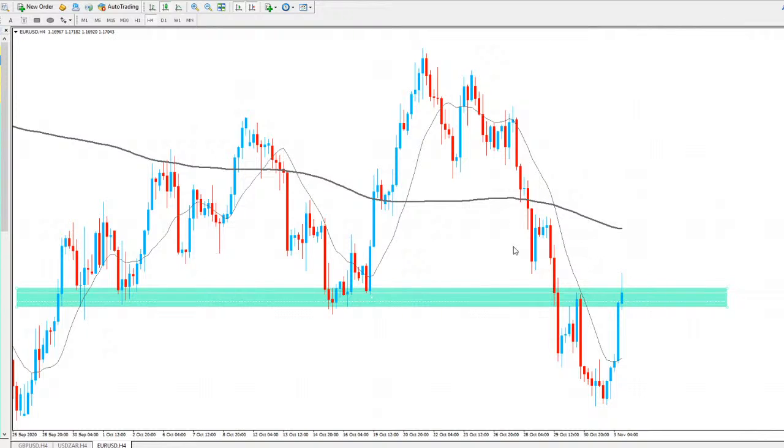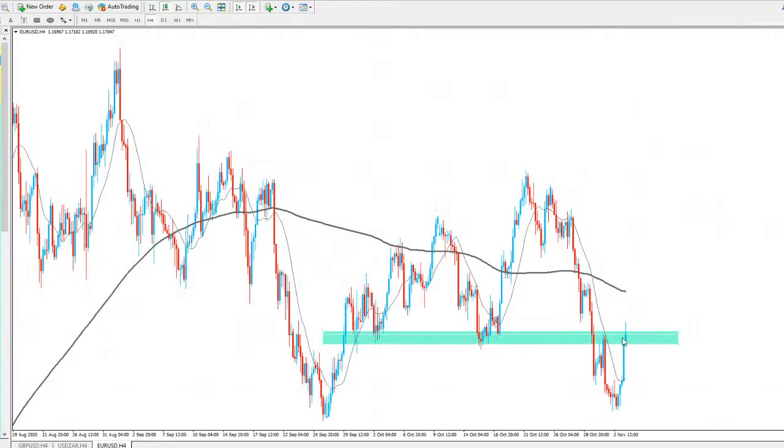If it does close above, we could be seeing a break, and again, USD heading higher. But again, we do have about an hour and a half before that candle closes, so it could go and fill the wick and continue further, or pull back and close bearish completely. We won't be sure until the candle closes. But just to let you know, the price is in some resistance, so we could be seeing that wick hold and potentially a move to the downside. But if we do see price close bullish, we could be seeing price go further.